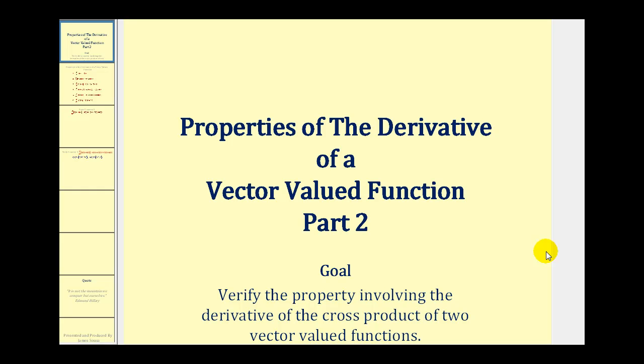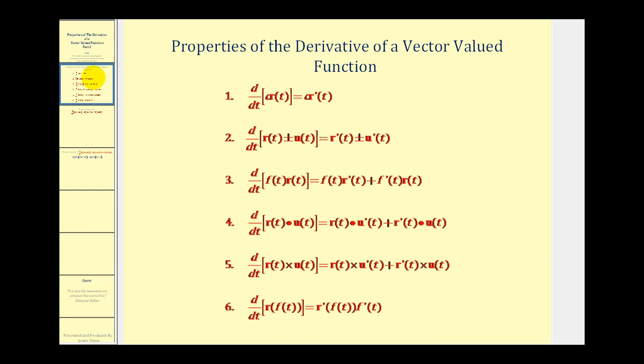Welcome to part 2 of the properties of the derivative of a vector-valued function. The goal of this video is to verify the property involving the derivative of the cross product of two vector-valued functions. So in the previous video we briefly discussed these 6 properties, and then we actually showed the proof for property 4. For this video we're not going to prove property 5, but we are going to verify it using